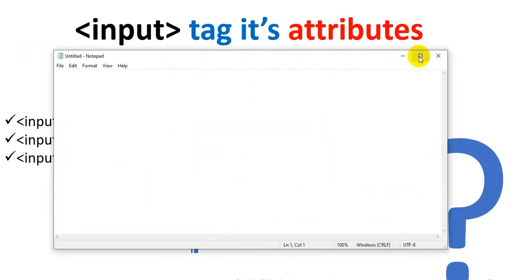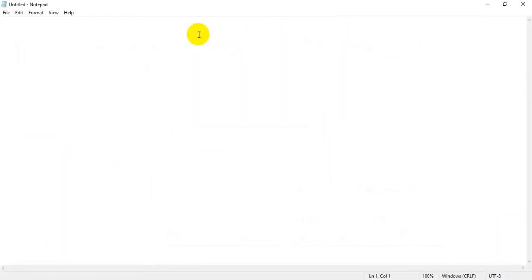Now as we know, we are going to start our coding. So what is the first thing? First I will write doctype. What is the doctype? You have to write HTML. We have learned this thing in the first, second and third lecture. Doctype is HTML. This line mentions that our page is an HTML5 page.